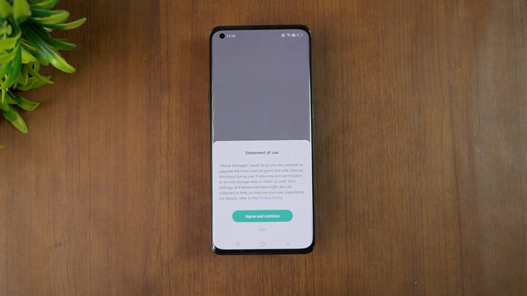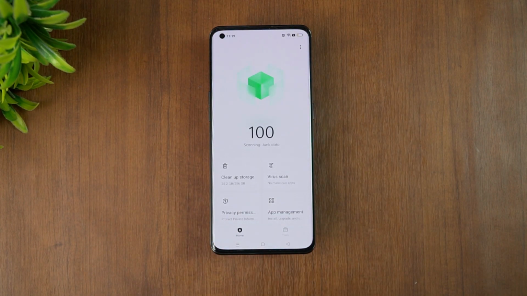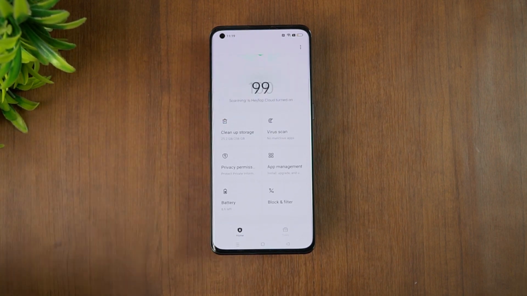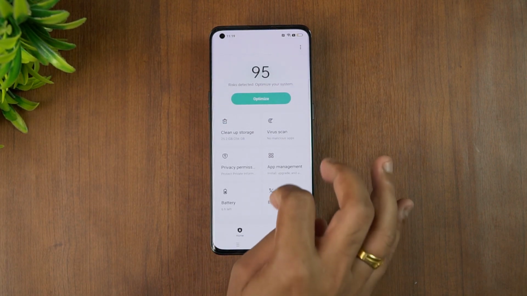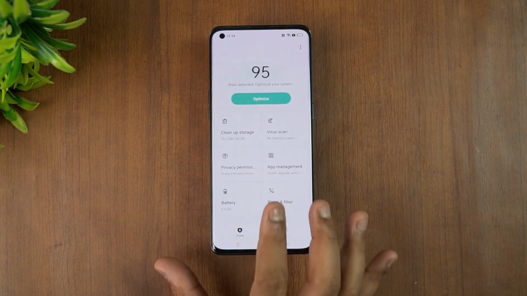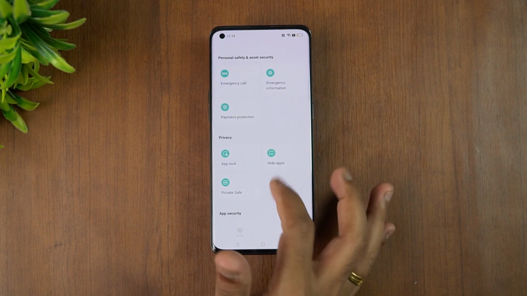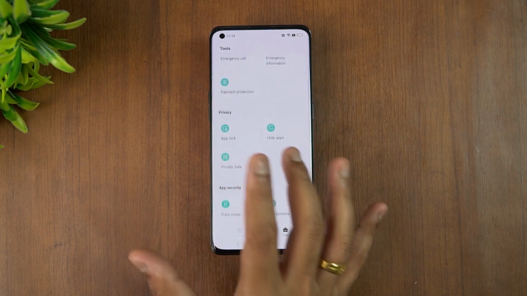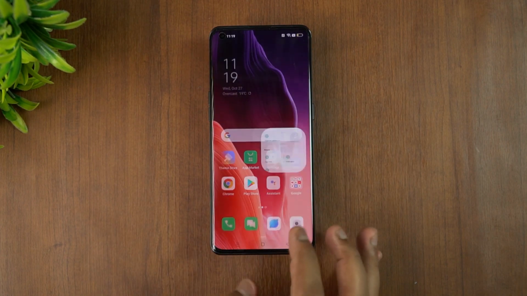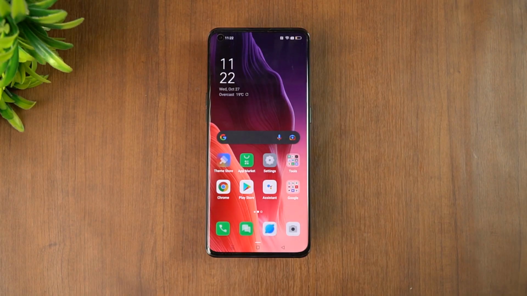First is the phone manager. You can see that this is the phone manager. Again it has been improved. You can see that the UI experience and the layout are a bit easier to use. You can see here the spacing, everything looks pretty good, well implemented actually. That's the phone manager. Next let's talk about other features, the privacy dashboard.